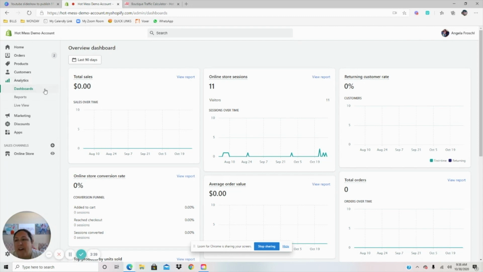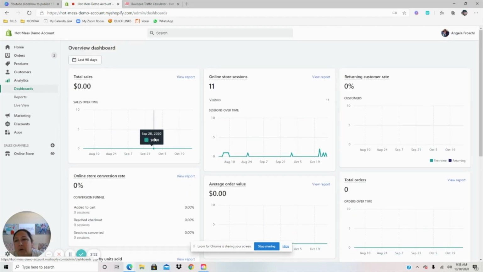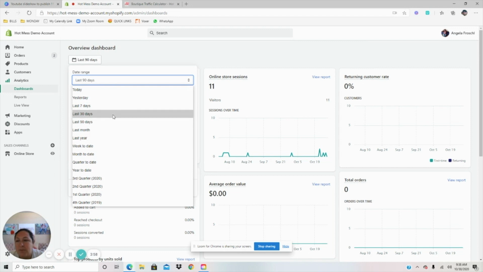So you're going to go into Shopify and you're just going to click on analytics and it literally takes you right to the page in question. So you're going to see total sales, online hits, average order value, conversion rate. These are the ones that I recommend that you focus on the most if you're not focusing on anything else. And you can choose your date range, but if you're going to use the calculator that I'm going to show you in a minute,